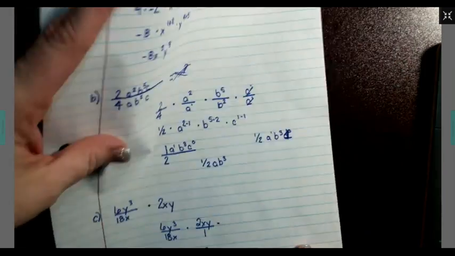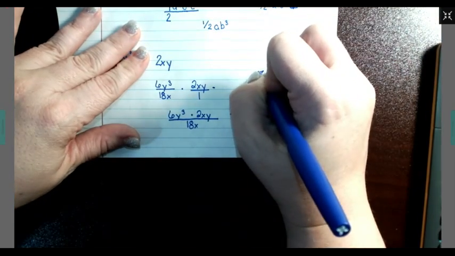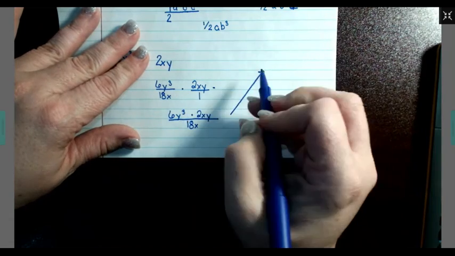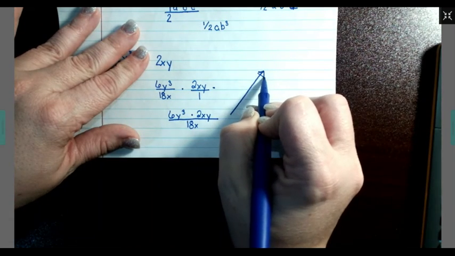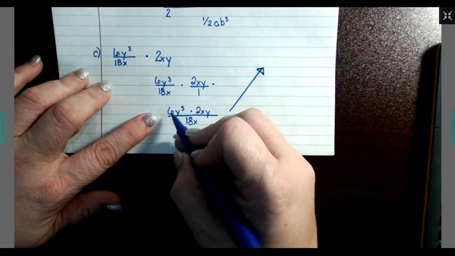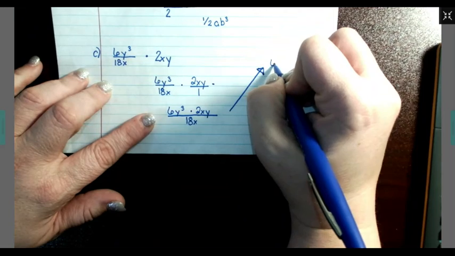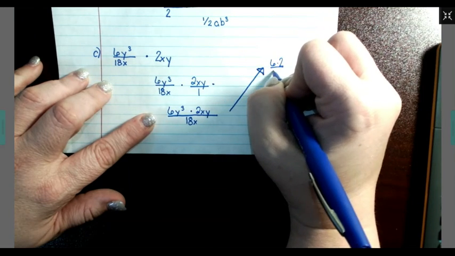Now I have to write here off to the side, so I'm going to draw myself a little arrow to make a note that we're going to move up here so I can have enough room to finish this problem out. All right, so we're going to put our 6, our 2, and our 18 all together. So that's going to be 6 times 2 divided by 18